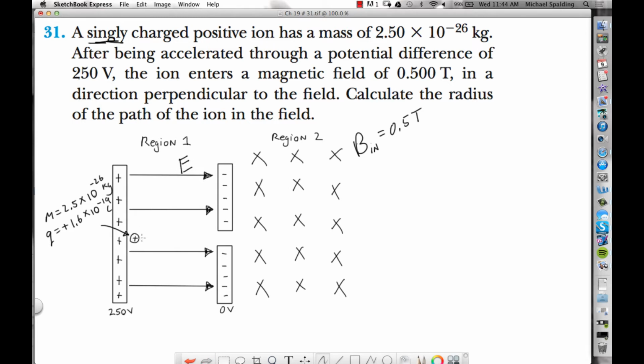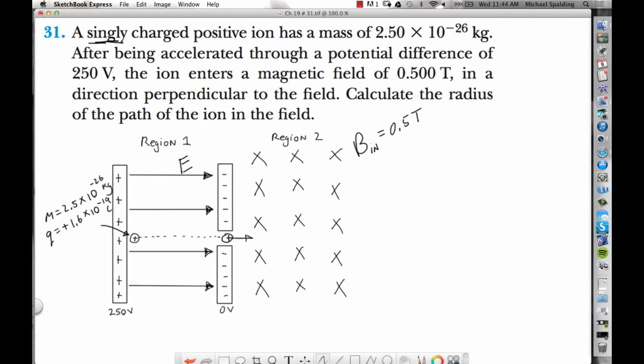Positive charges want to move with the electric field, so this positive charge is going to be accelerated through here, and I put a little gap between the negative plates. So then the charge is going to go between these negative plates,